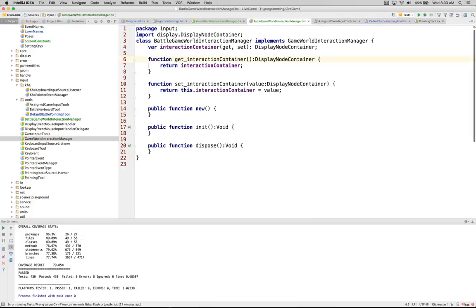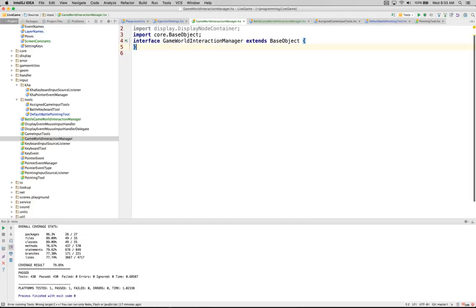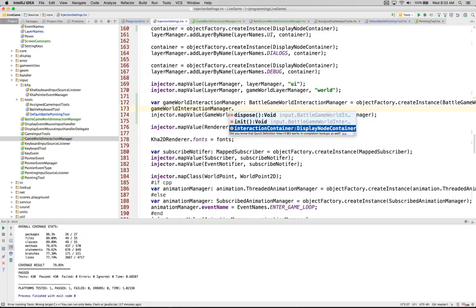I thought we did not publicize that. Okay, so interaction container will be our